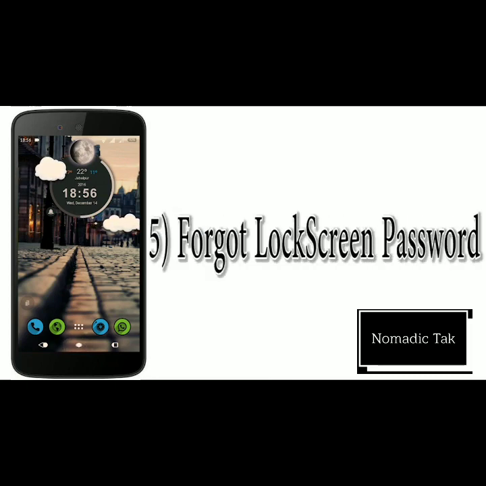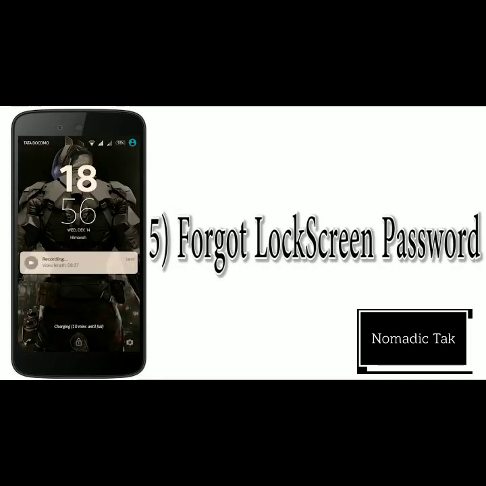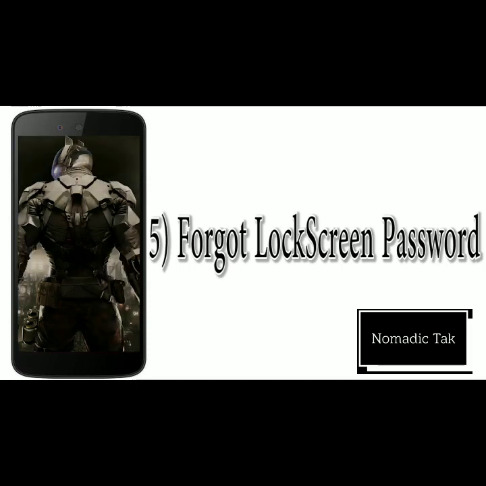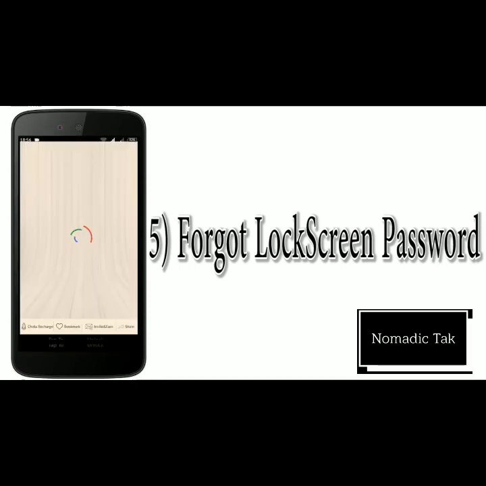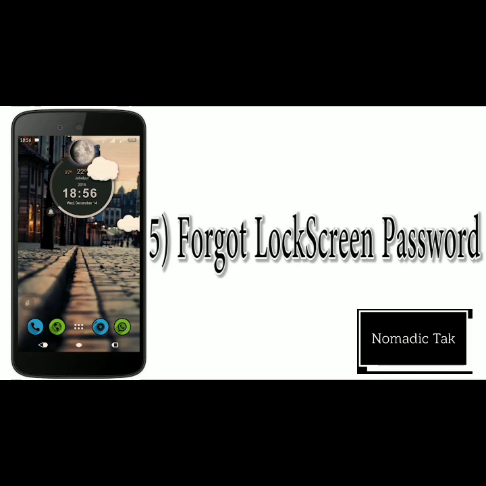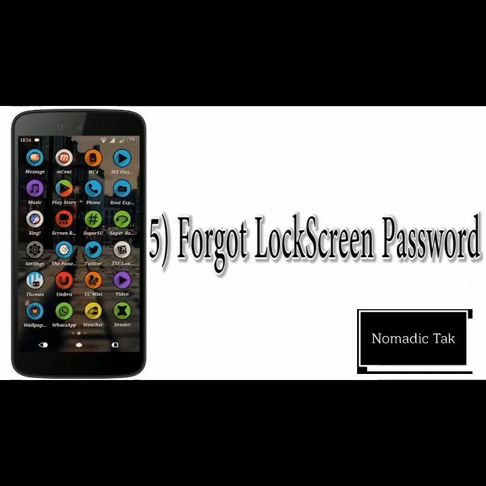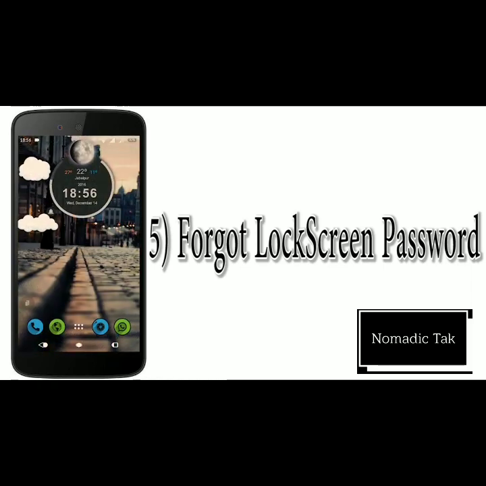Now the next thing is, if you forgot your password, then what should you do? If you are connected to the internet, then on the lock screen just tap forgot password or recover the password from Gmail, or just factory reset your device. Like many phones, you switch off, and using some hardware key combination you can open recovery, and then factory reset or wipe data. That will solve your problem, but all of your data is gone now.